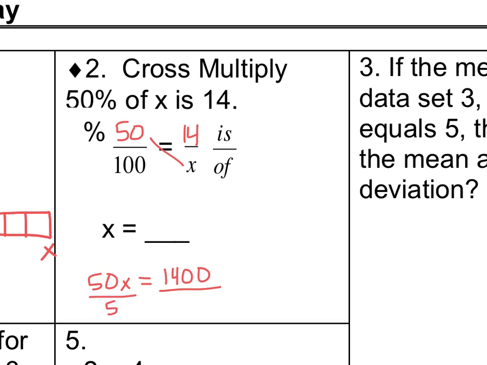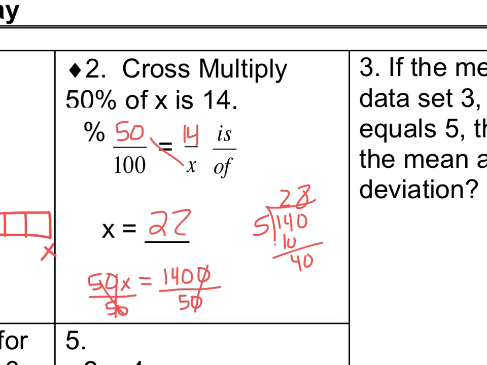And that cancels that out. Divide by 50, which is 140 divided by 5. Well, let's just do that off to the side here. 2, 8, 28. So x is 28,